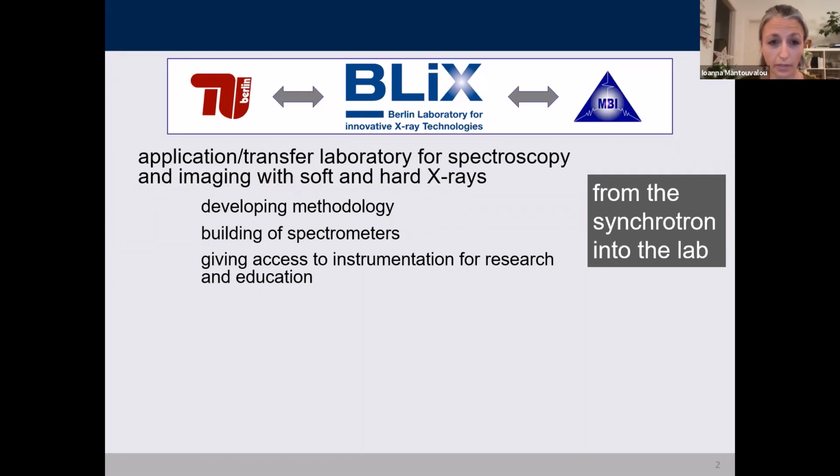And it's co-directed by two institutions in Berlin, the Technical University of Berlin, more specifically the work group of Professor Birgit Kanngießer, and the Max Born Institute, which is a laser institution in Berlin. And what we do a lot is develop methodology, build spectrometers, and also give access to the instrumentation for research and education. And the motto was from the beginning on